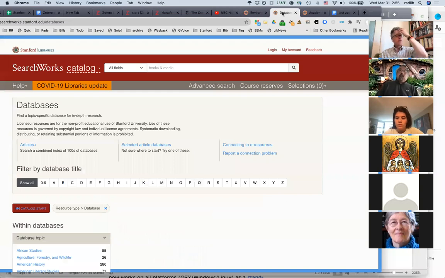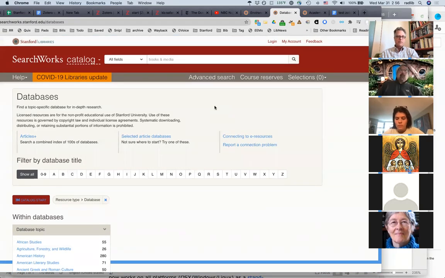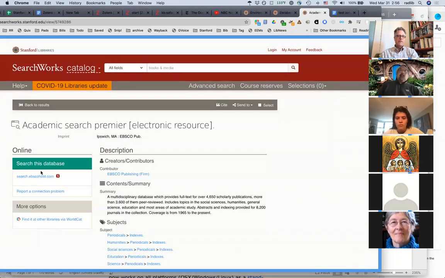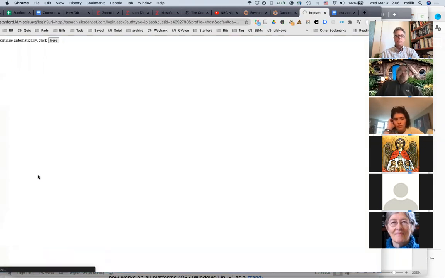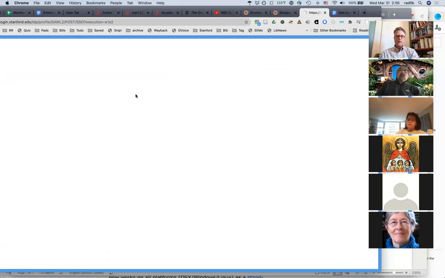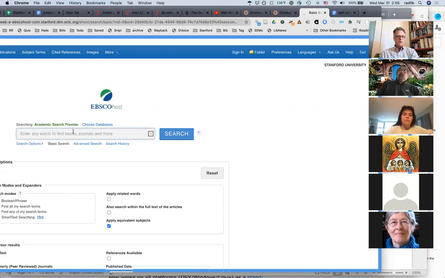Zotero also works really well with article databases. That was what it was originally meant for. So this is the list of the library's subscription databases. If you just go to databases.stanford.edu, it'll give you the list of all of them. There's 2,500 or so that we subscribe to. So here's Academic Search Premier, for example. This is a pretty general multidisciplinary database, and it'll ask you to log in with your SUNet ID and all. And when you do that,